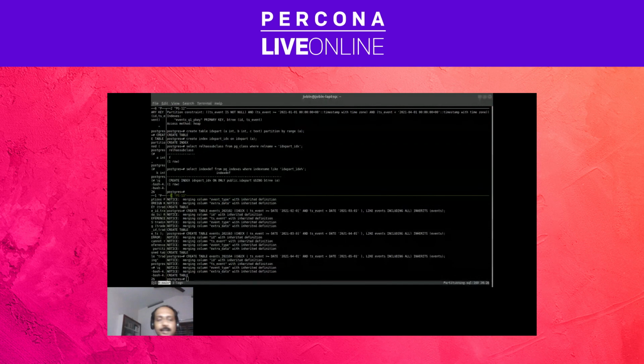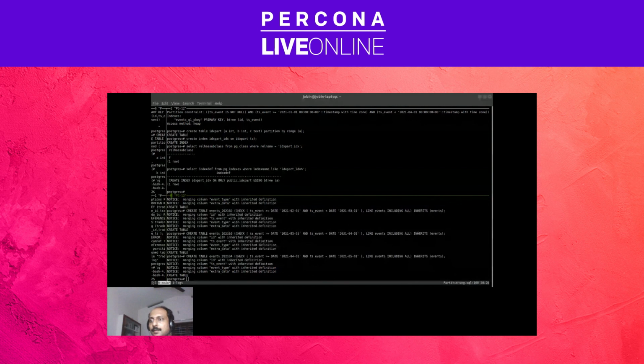One second. Let me check whether such a table exists on both, making sure that there is no table, and creating a table on both Postgres 12 and 13,